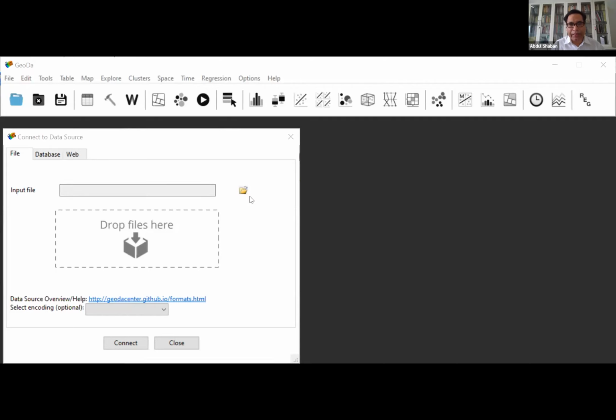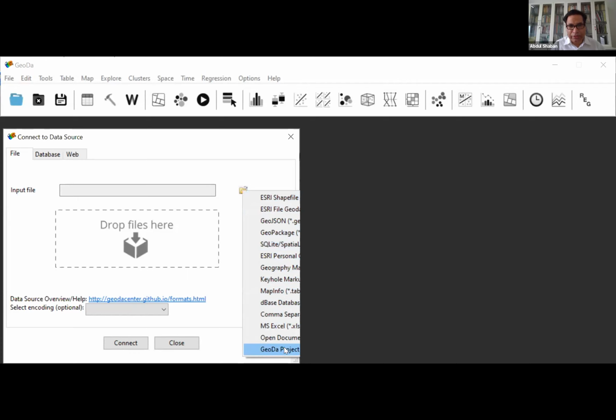So click here and you will see all these extensions. Note two or three things here. You may use the DBF file, database file. You may use an Excel file, and you may also have the other file like the shape file. These are the two main files we are going to use. So we are going to use the ISRI shape file. Look at the extension, SHP, shape file.